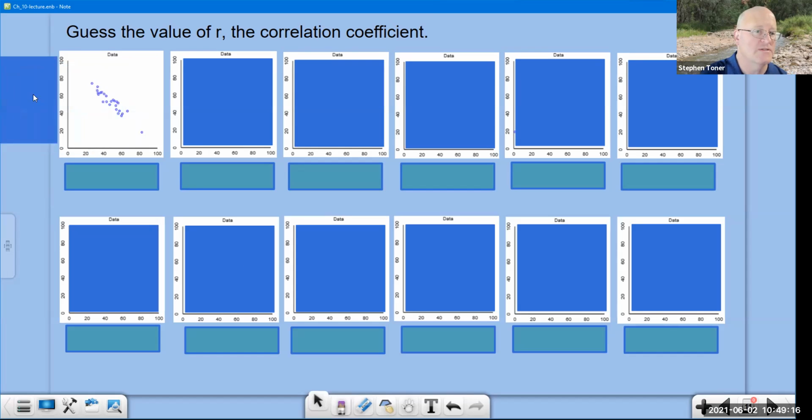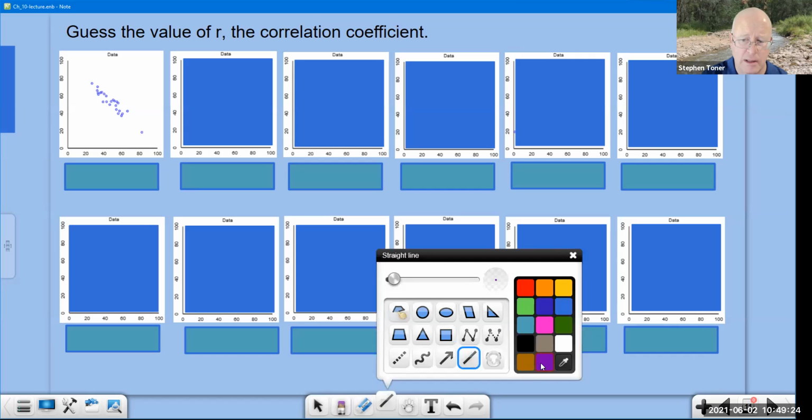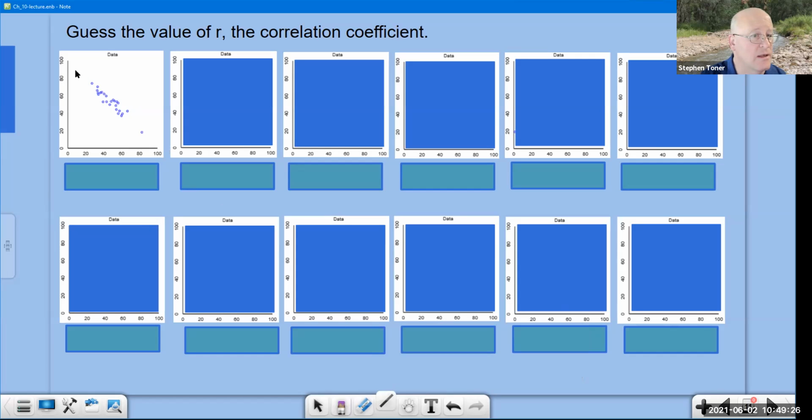I'm going to start with this first picture. There's definitely a downward trend. If I were to grab my drawing tool here and pick up a line, you could see that there is a line that would go right through that data like that, and you know that it's negative, for sure. So we are going to say that this is going to have a negative value of R, and it's close to -1. So I'm going to tell you it's